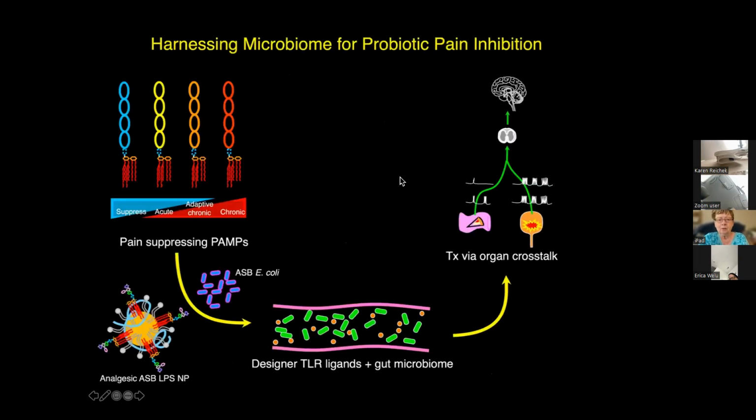So tying all of this together, we think that we can take these LPSs, whether presented in the context of a new high-tech nanoparticle or on the surface of E. coli, either put into the bladder directly or perhaps via the gut, and use crosstalk or direct instillation to modulate pain. So with that, I thank you very much for